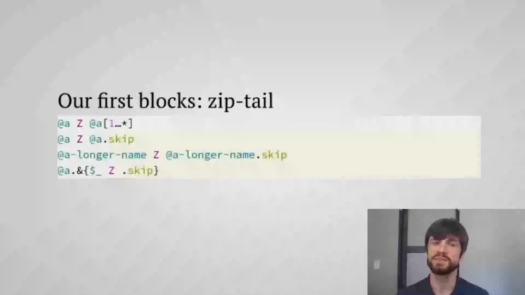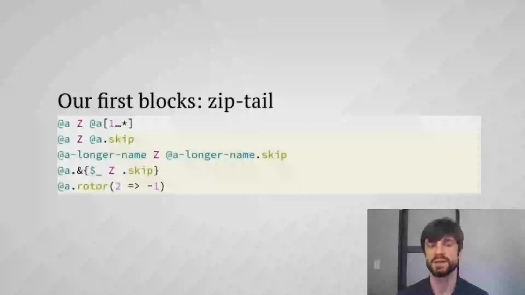There is a different spelling for Ziptail, which uses the .rotor method. So you can say we want to take a list and rotate it into batches with 2 elements each and a -1 element gap between each batch. A -1 element gap, of course, means a 1 element overlap. And that gets you exactly the same thing. I don't like that spelling quite as much because it's not as expressive, it doesn't encode the idea that we're zipping together anything, and it is also slightly longer, and I really like the anonymous method syntax,